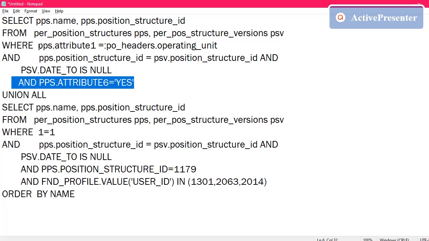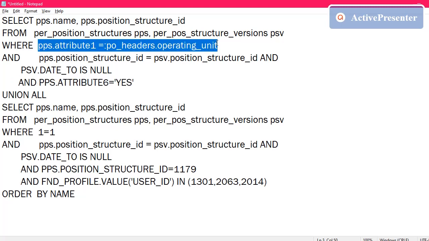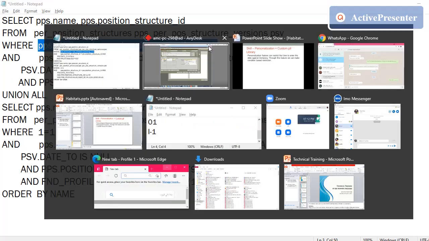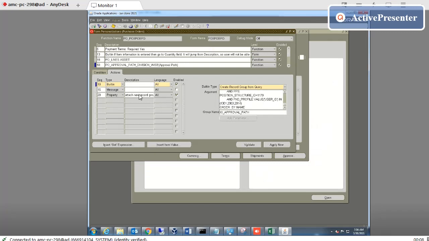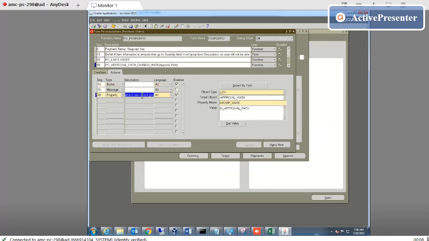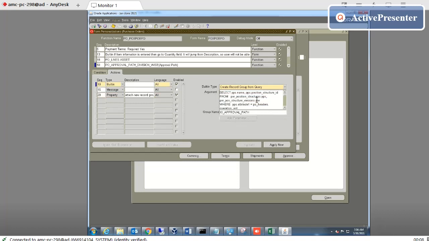This is another condition and this is another condition. Okay, and assign to this LOV. Already in the system these LOVs are available, and this will replace a group name. The group name I have already created here.